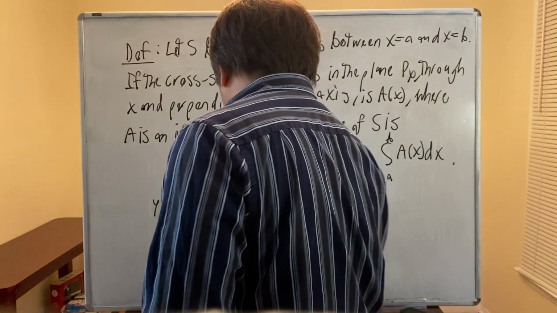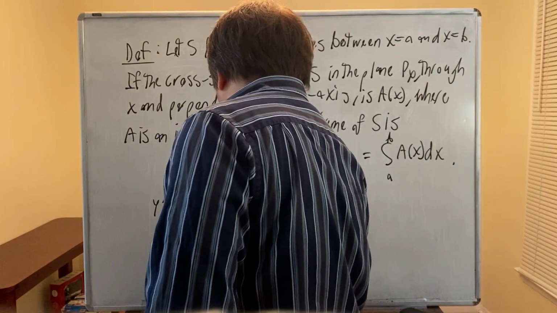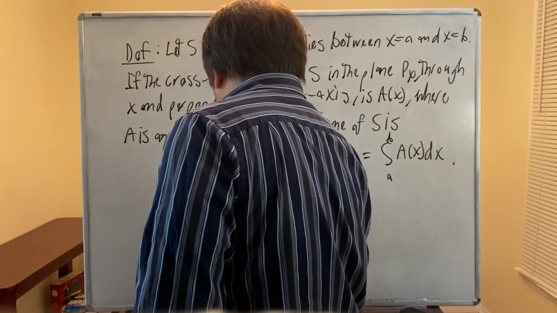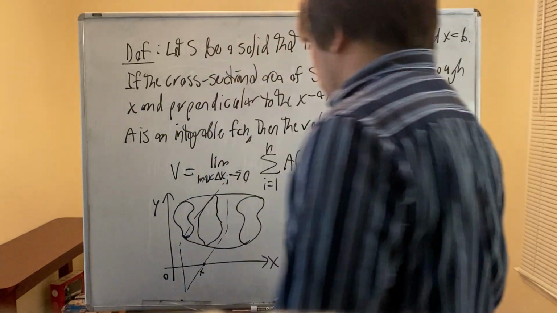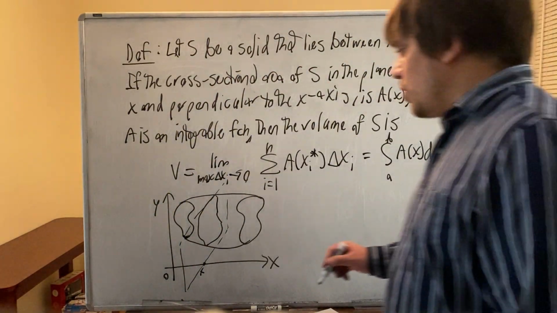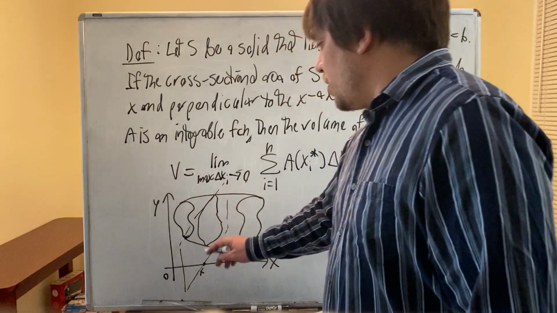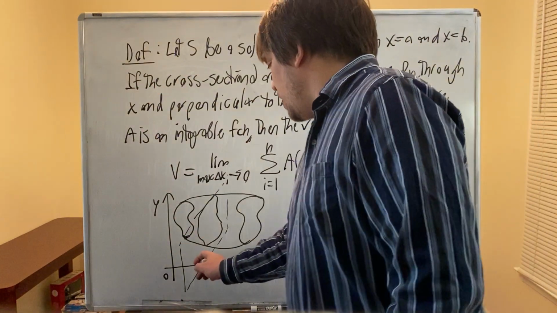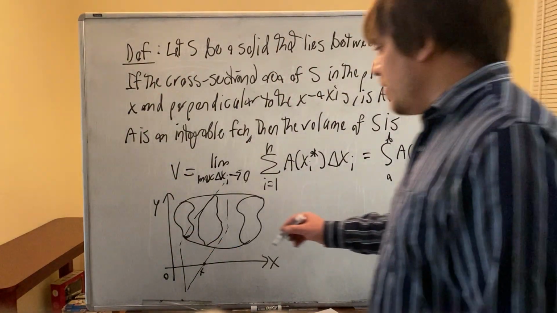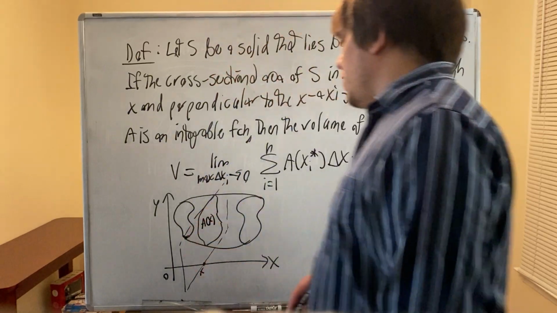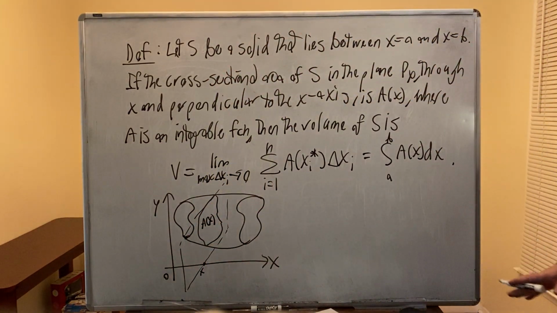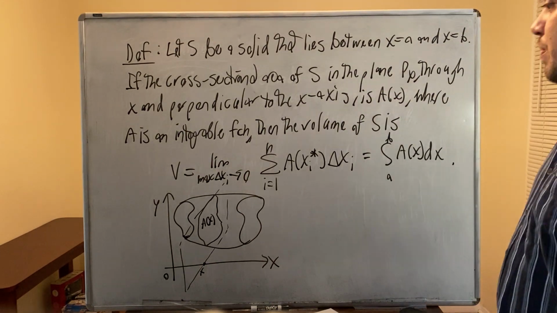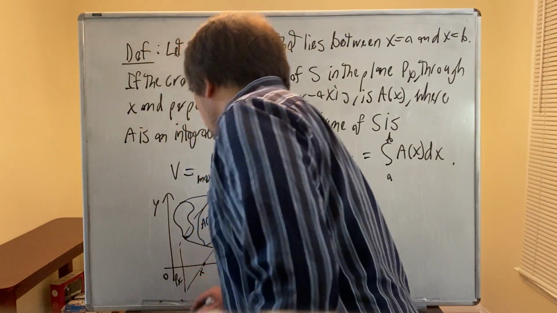And then let's look at the part of the object that got cut when I cut into it. Okay? So this thing here is the part of the three-dimensional object which was cut when I cut through that plane and through the point x on the x-axis. And A of x is the area of that two-dimensional surface that was on the side of that cut. Okay? And P sub x is the plane upon which